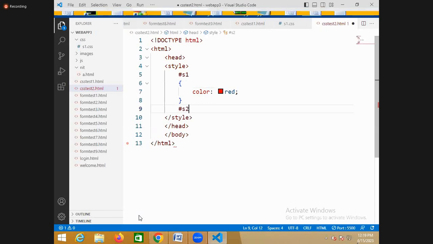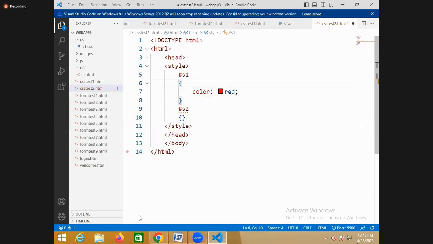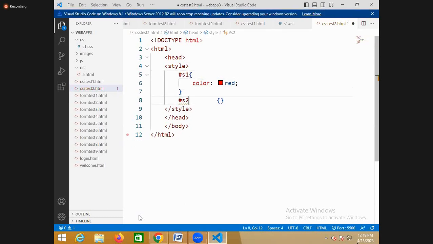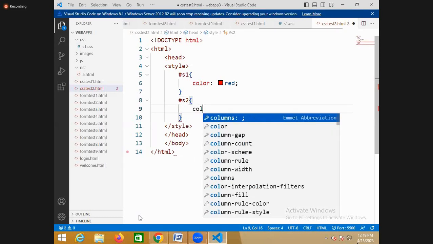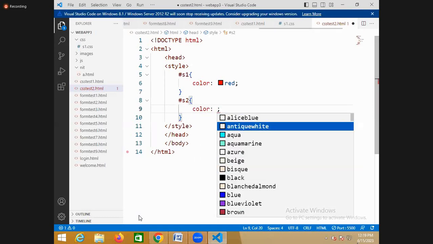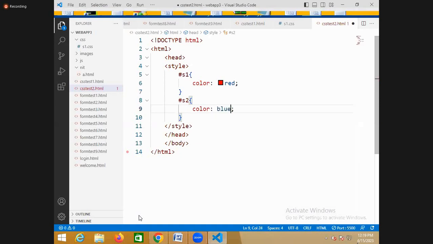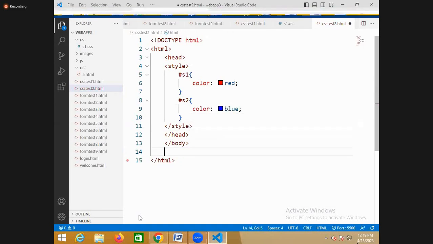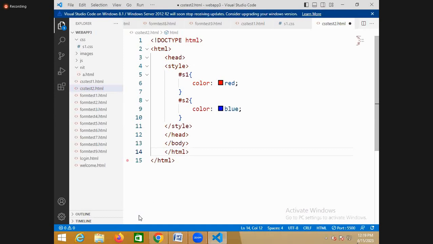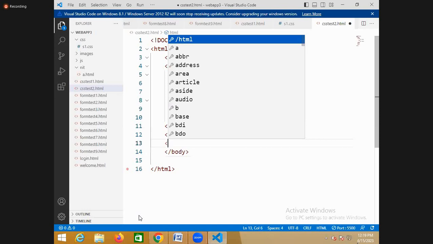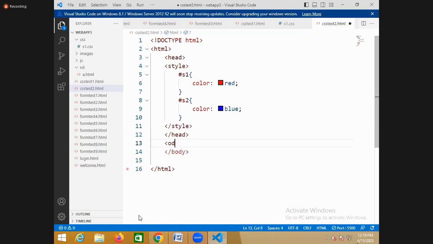Then next is what here? S2. Now this is one more ID or not? Yes. So there are two IDs. S1 is one ID, and S2 is another ID. Okay. Then color. I just define it as blue, right? So after this, I just write here body. Then after that,